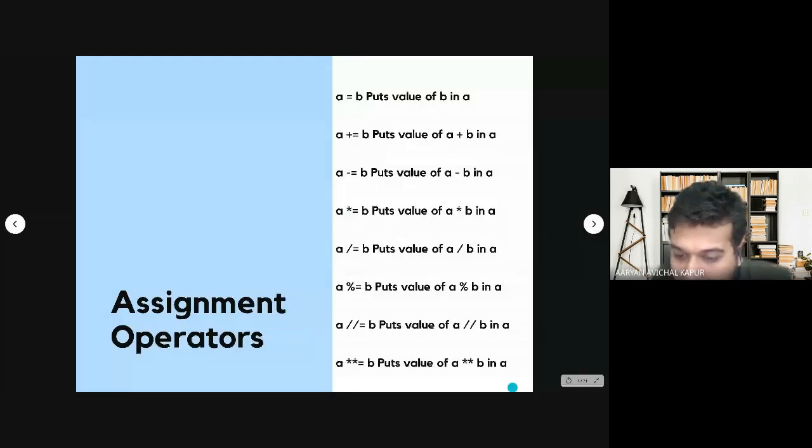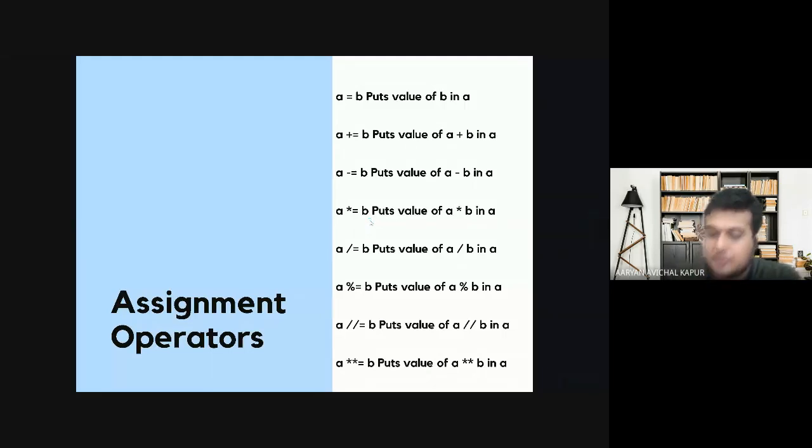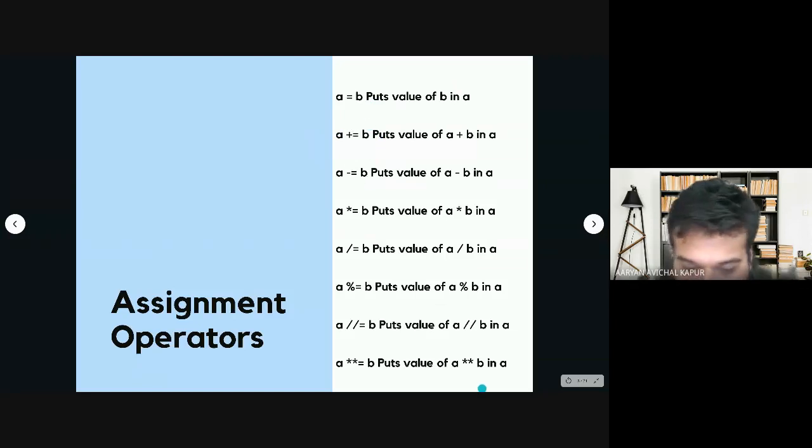I think somebody had a query on how this works. What assignment operators mean is that when I say A is equal to A plus B, it is simply putting A plus B's value into A. The shorter way of writing it is A plus equals B. TN Tarson, is your doubt cleared? If it is, then we'll move forward.